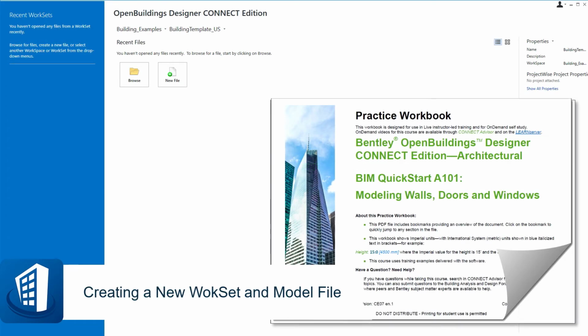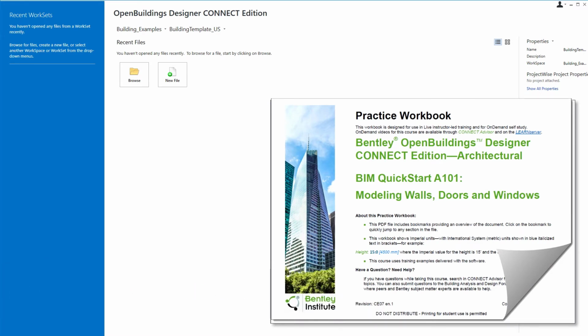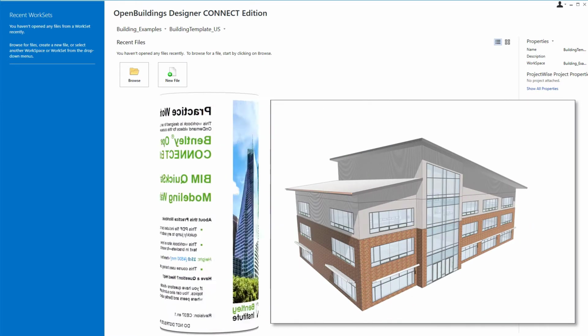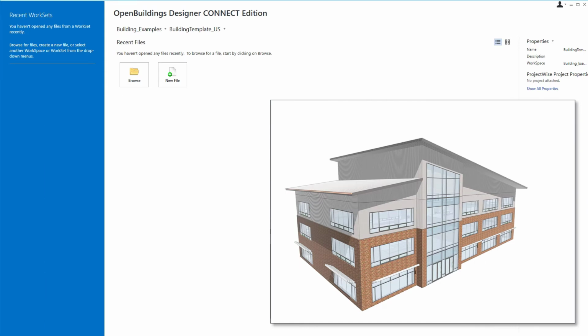Welcome to this course, the BIM Quick Start A101, Modeling Walls, Doors, and Windows. This course includes a workbook that contains exercises for getting started with Bentley's BIM solution, OpenBuildings Designer. You will create a new project workset, a project floor and grid system, and then learn some basic modeling techniques for modeling walls, doors, and windows to create the exterior shell of a small commercial building similar to the one